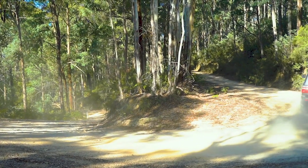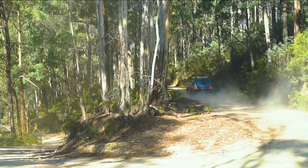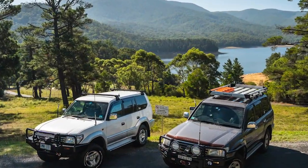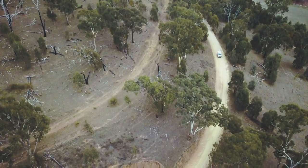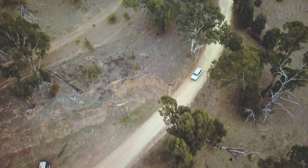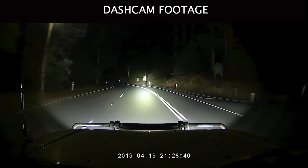Our first day involved a little exploring around Rubicon Village. Although the gate was closed and we were not able to get into the historical site, the scenery along the way was definitely worth it. As the day started to get dark, we got back onto the pavement and headed to our accommodation at Mount Bowler. This is when